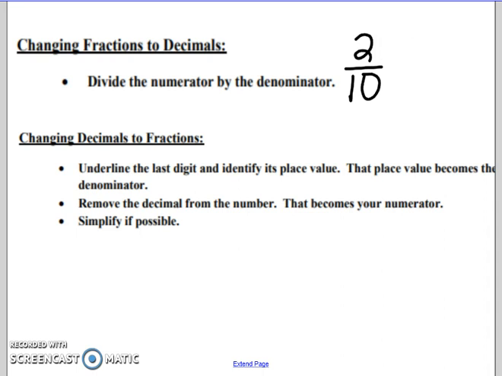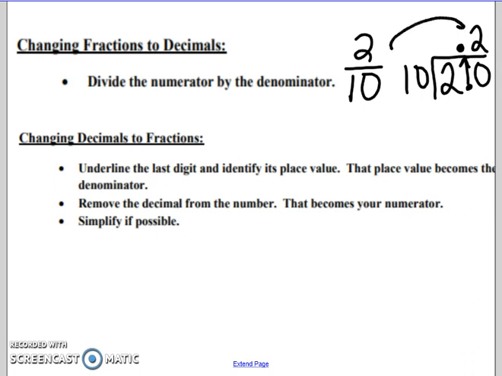We say, okay, 2 divided by 10. How many times does 10 go into 2? Well, it doesn't. We've got to add a decimal and a 0. How many times does 10 go into 20? 2 times. We bring our decimal straight up. And the decimal for 2/10 is decimal point and a 2. Okay? Another way you could have done this is,